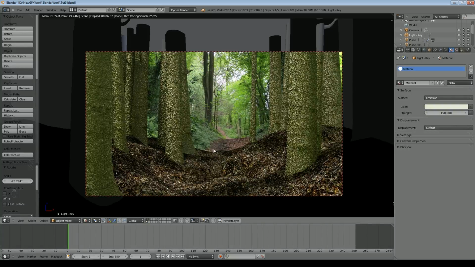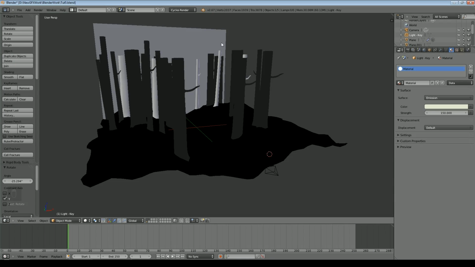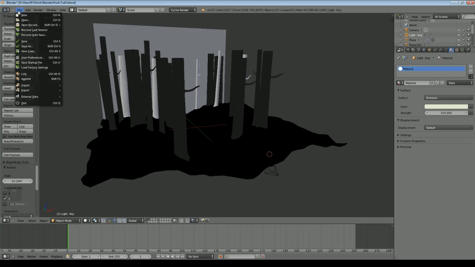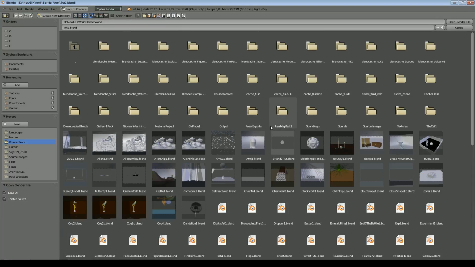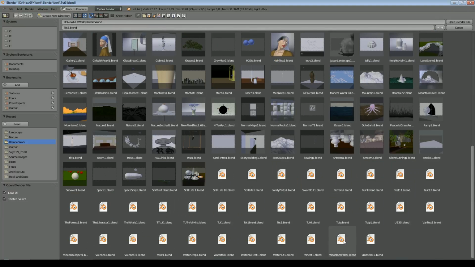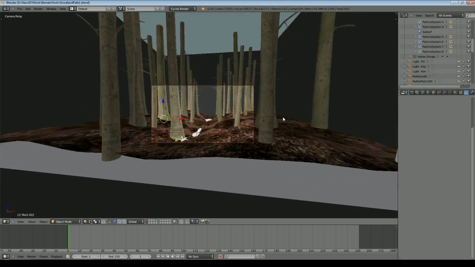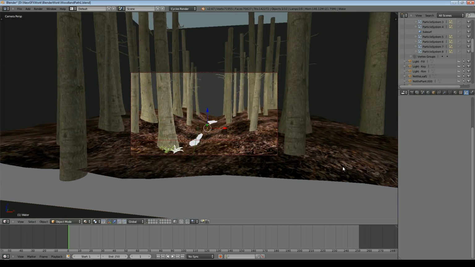So that's given us the basics of the trees, and that's now a path which is somewhat lining up with what's going on in the background. And you may need to colour grade the back or the foreground as well so that they line up better. Essentially everything else you do is about following the same process. So for example, if I open up my original scene, which is down here, we have a look at that. It's very much the same.